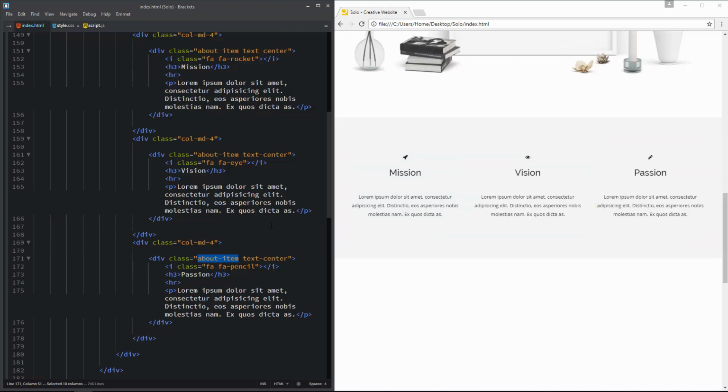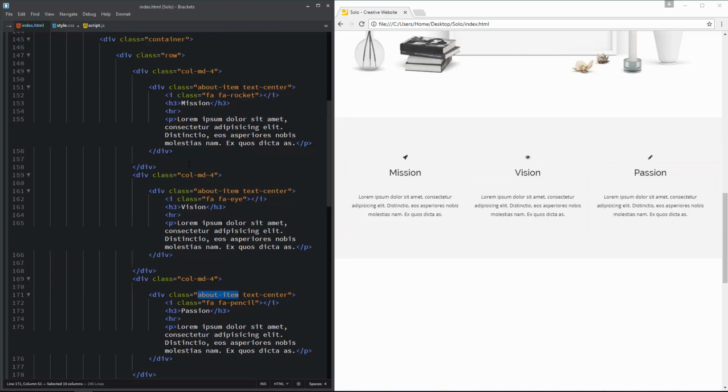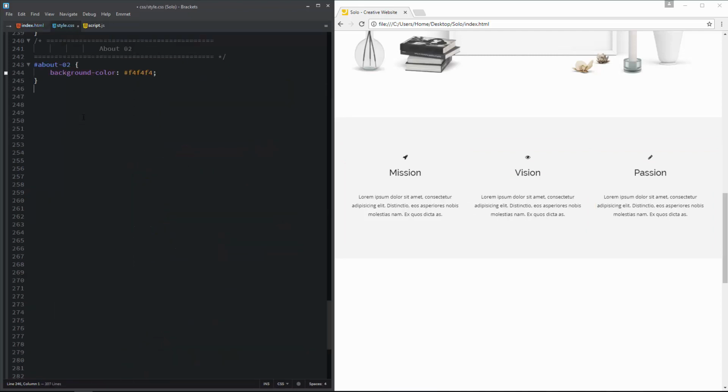Let us create this about-item class inside style.css. I write dot, and then I write the name of the class, which is about-item. Now you can see these items are highlighted in live preview, and now we can apply CSS to them easily.